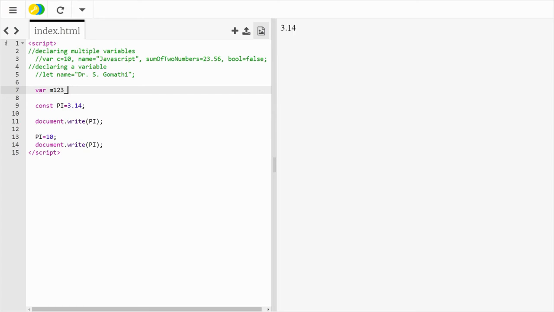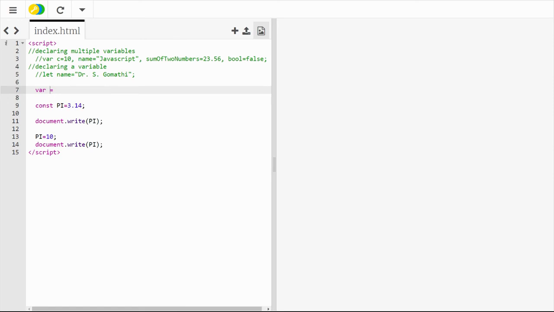If you use any other symbol, it will not be accepted and will be treated as an error. So your variable must start with a letter, and you can also have underscore and dollar symbols. A variable should not start with a number. If you start with a number, that will show an error.